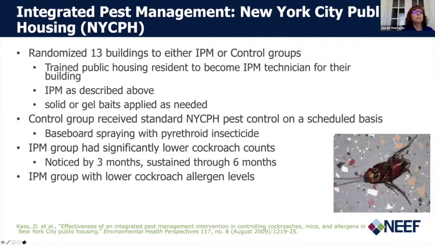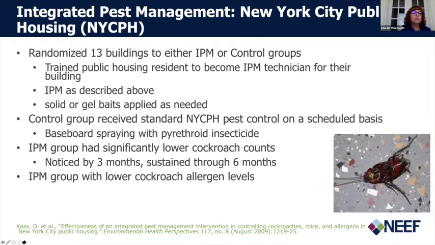So this study shows that integrated pest management was very effective in controlling the New York City Public Housing Department's cockroach problem. Just to give you a background, the New York City Public Housing Department is the largest one in the United States. It is where the highest prevalence of children in New York City with asthma live, and also it has the highest prevalence of childhood hospitalizations, urgent care, and ED visits, and it may be in large part attributed to the cockroach problem that is observed.